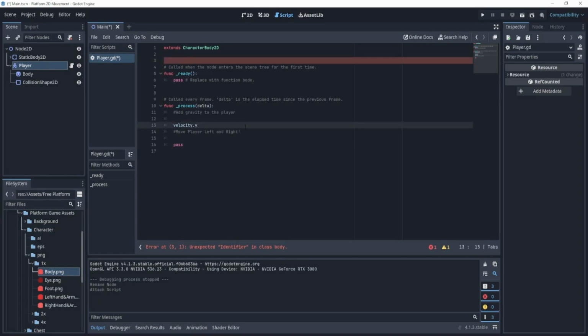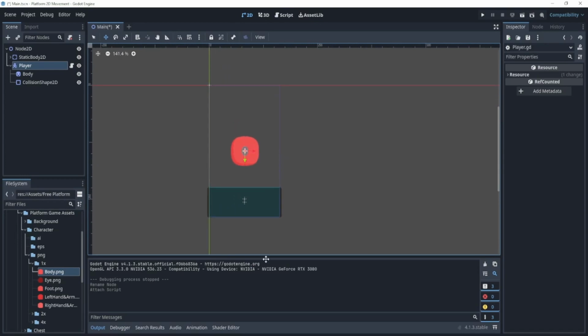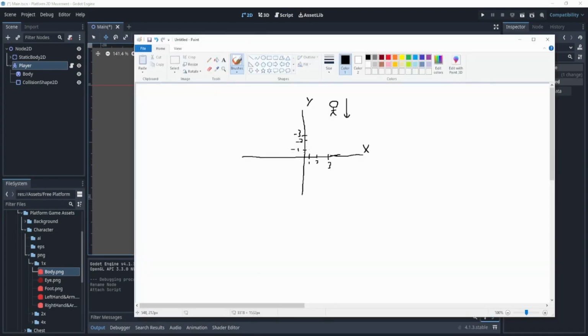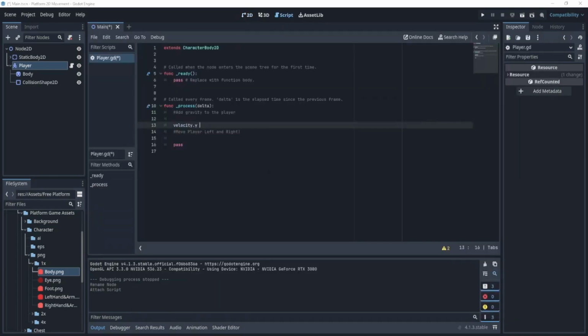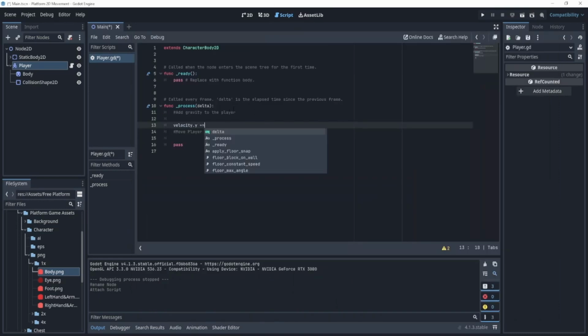Now, I'm going to ask you a question. You're going to try to guess. When I want to add gravity, thinking back to my graph, do I want to add velocity or subtract velocity? Hopefully you've answered the question and guessed that we actually want to add velocity because the top side is negative. So we want to go this way, right? Because if we were to subtract, we would be going upwards. So what we're going to do is say plus equals, let's say 200